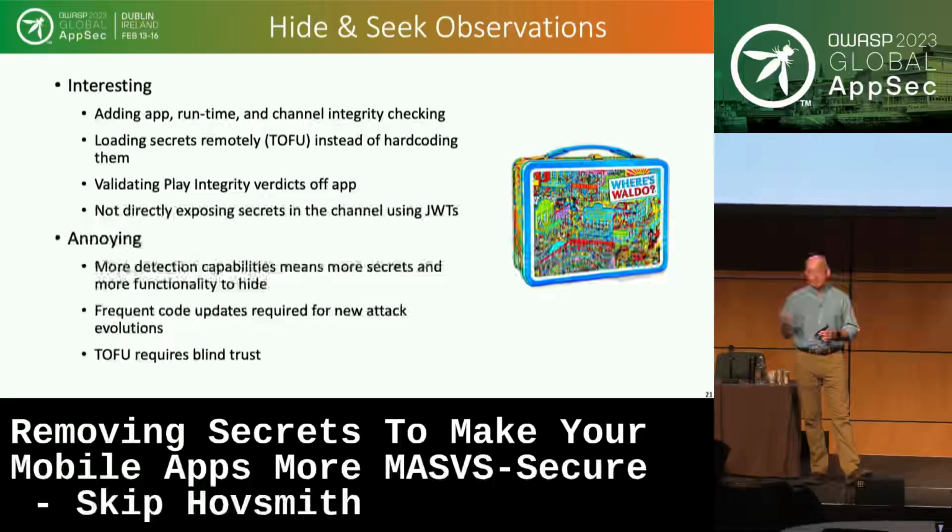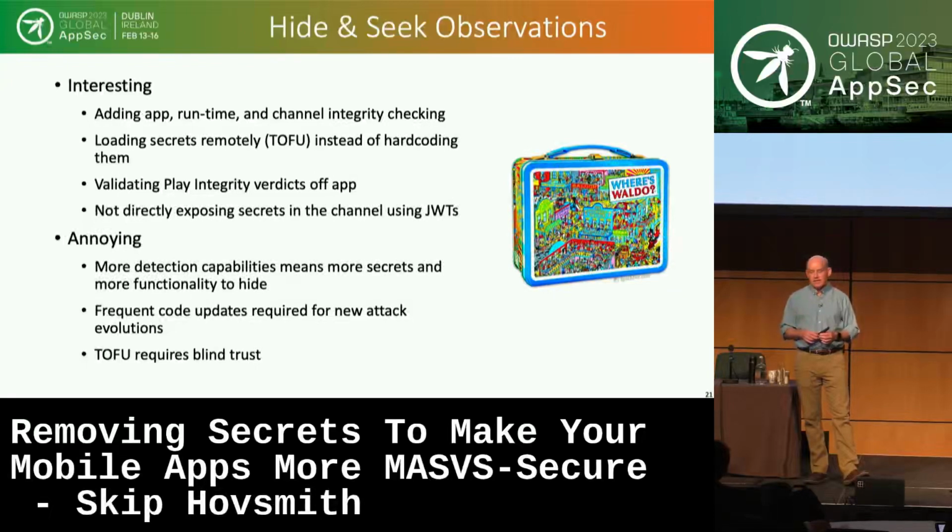I, again, like the fact that Play Integrity is making a decision, or at least evaluating a verdict, off the device as well. So now we're making some security decisions not all buried in the application, but we're going out, say, into another server, which would be very hard for an attacker to get into, to make some part of the security evaluation as you go through. And I do like using JWTs so that when all else fails, at least I haven't given away the secret directly.